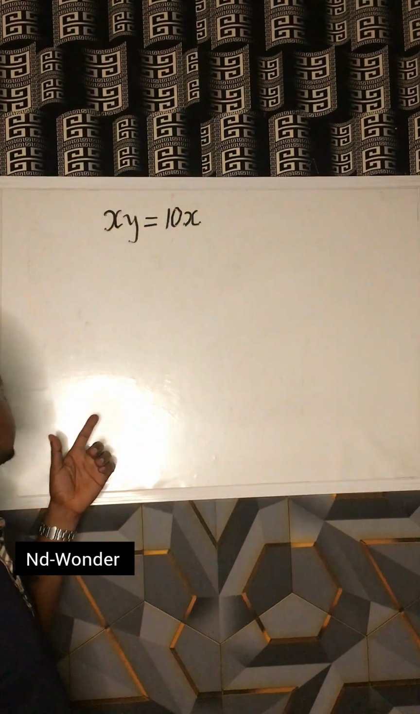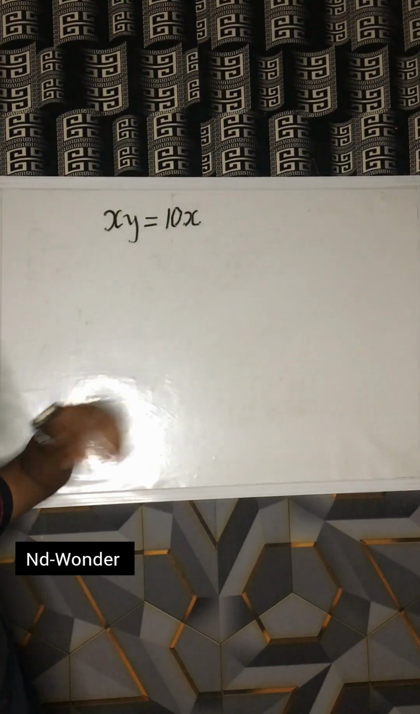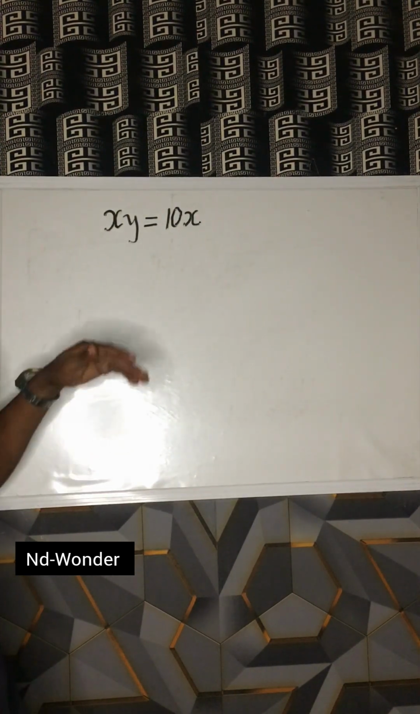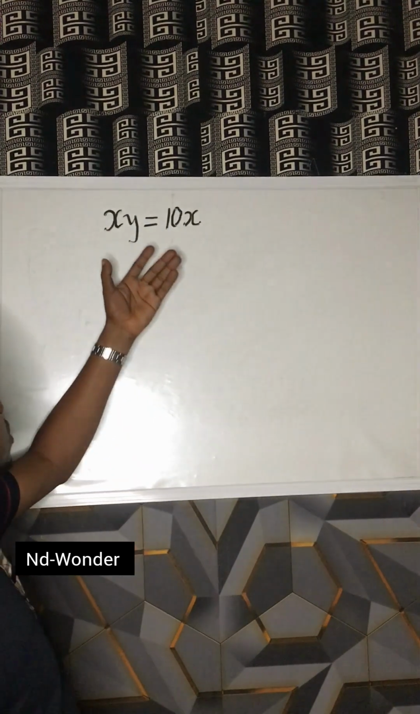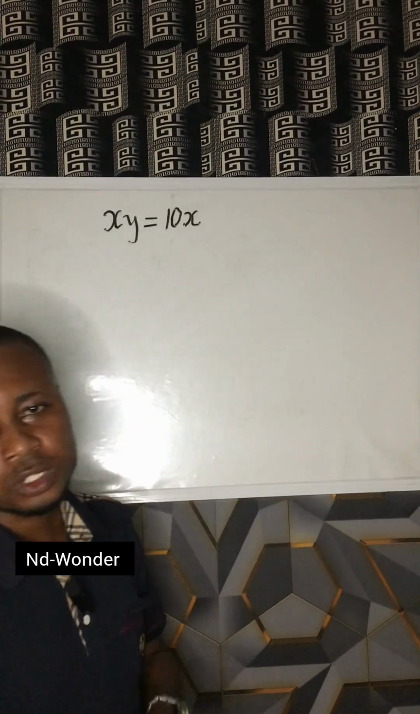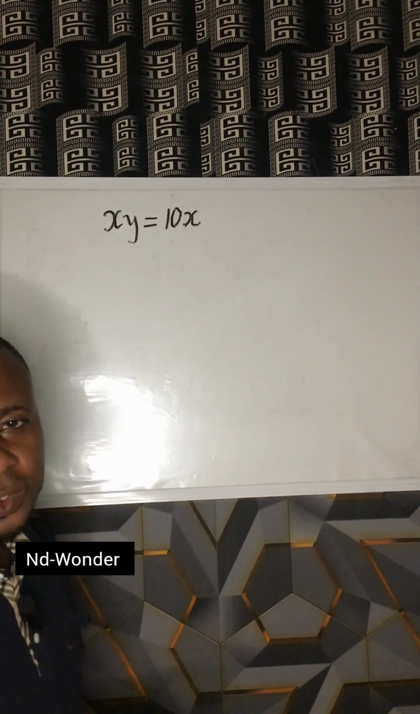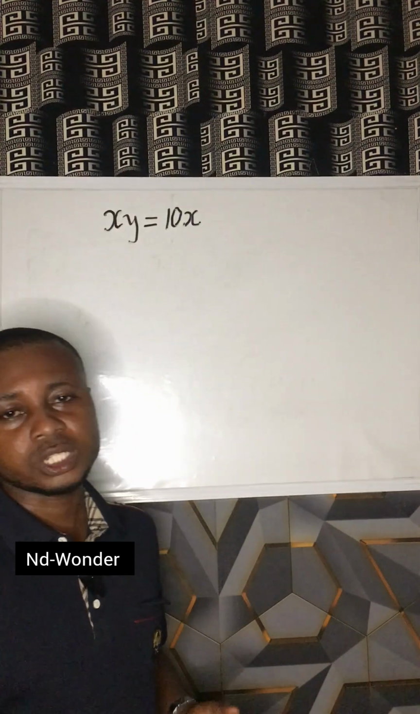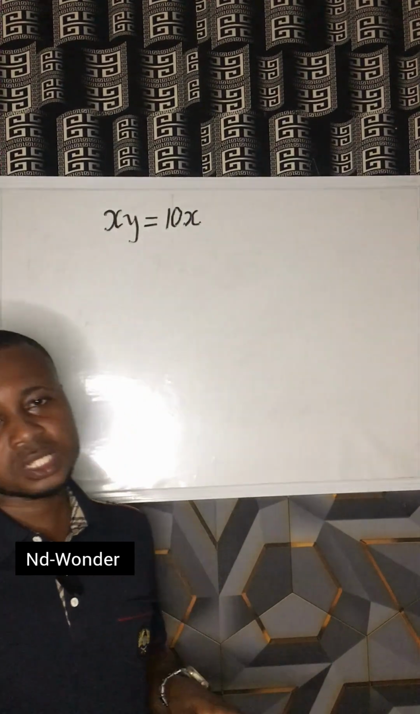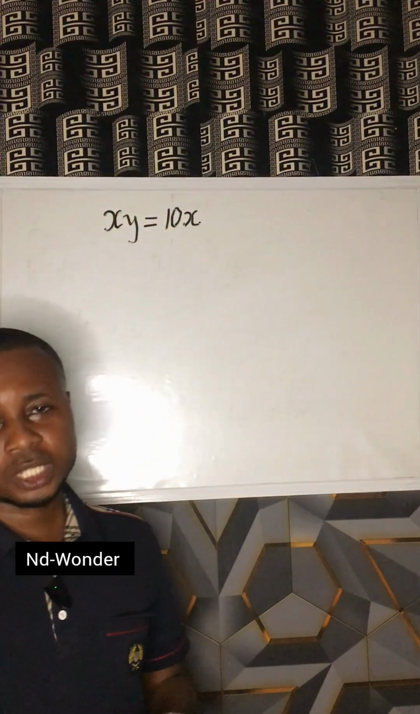Hi, good people. The question given to us here is xy = 10x. We have to obtain the value of x and y. Funny enough, this equation looks ridiculous, but it is also a simple equation. Yes, we can do it. Forget about the complexity. Forget about the fact that the variables are more than one, but it can still be